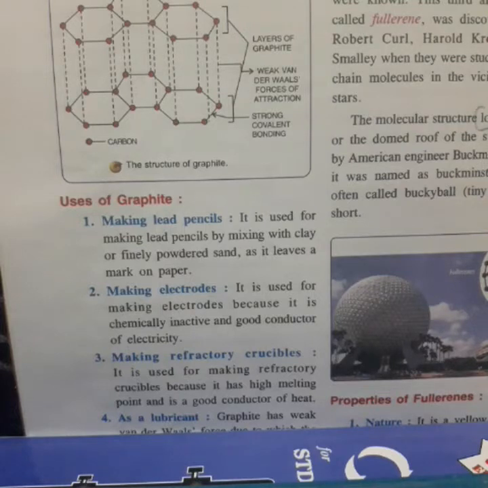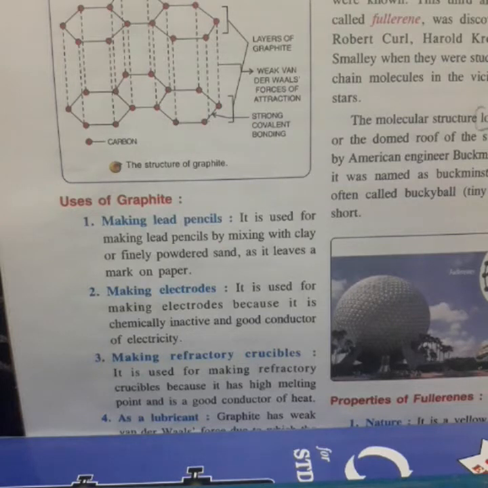So again just see the structure. Try to understand the structure. In graphite, one carbon is attached to 3 carbon atoms. It means one electron is free. Then which type of structure? Two-dimensional layered structure. Hexagonal rings are present, and between layers which force of attraction is present? Van der Waals forces of attraction, which are very weak. And because of presence of weak van der Waals forces, they can slide over one another. So this is structure.